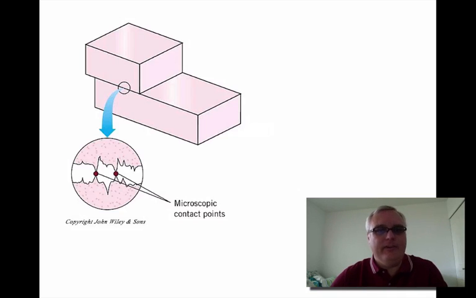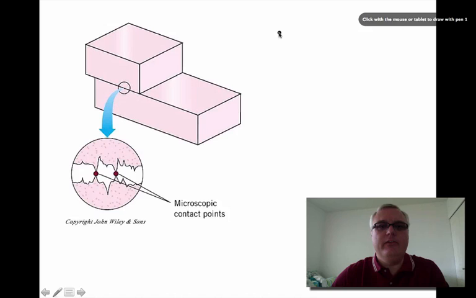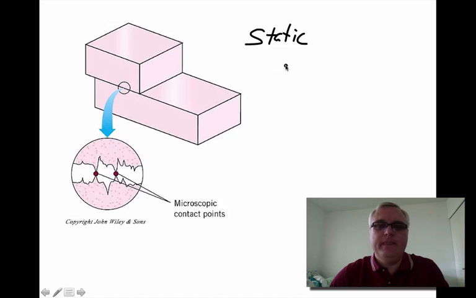Something like ice is very smooth, and will have less friction as opposed to concrete, where it's a lot more coarse and there's a lot more edges to catch. And we basically have two different types of friction. The first type is called static friction. Static friction is the amount of friction that exists when the two surfaces are stationary relative to